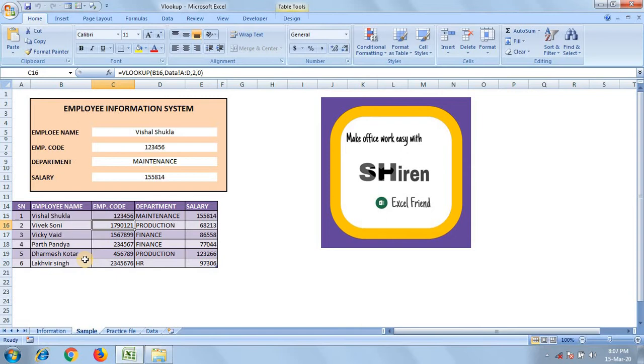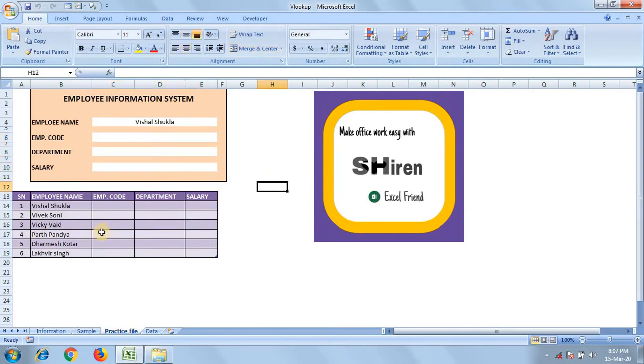If we go one by one to find the required data, it will take more time. With the VLOOKUP function, we can make work easy. So let me show how it works.